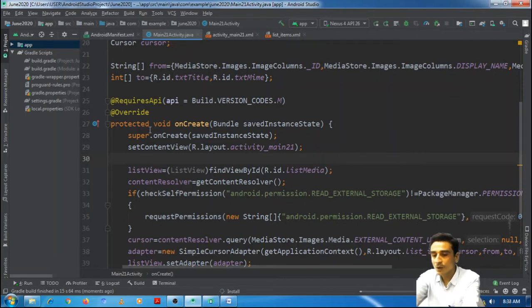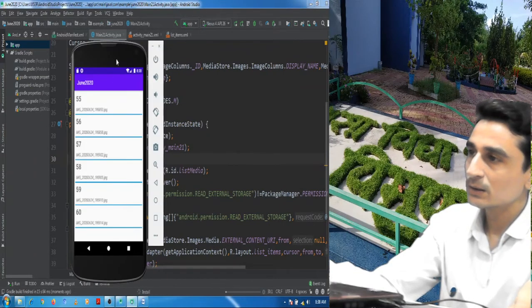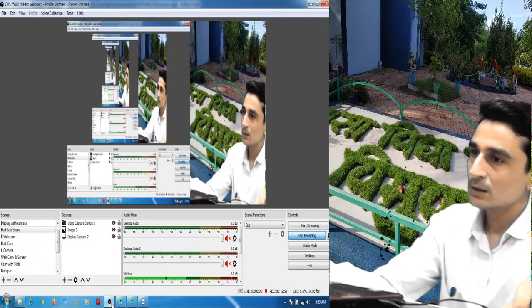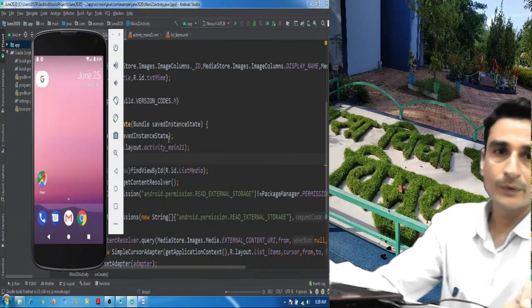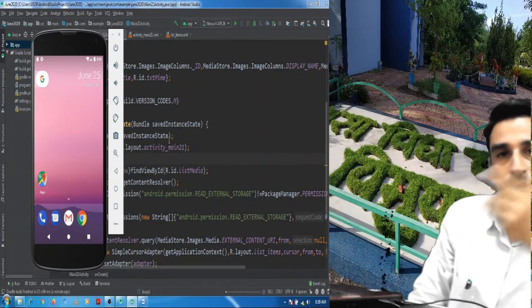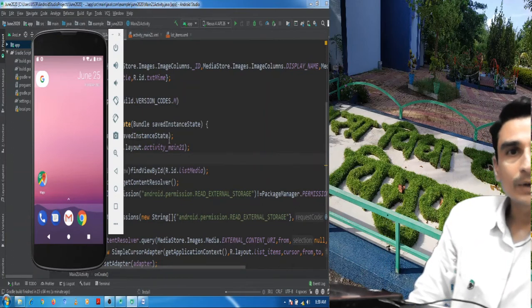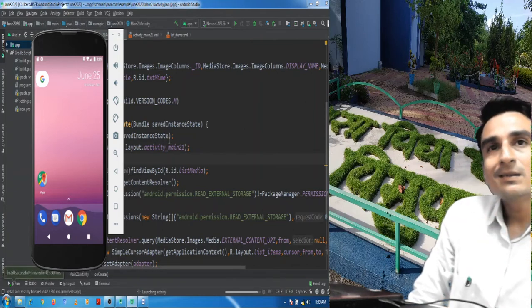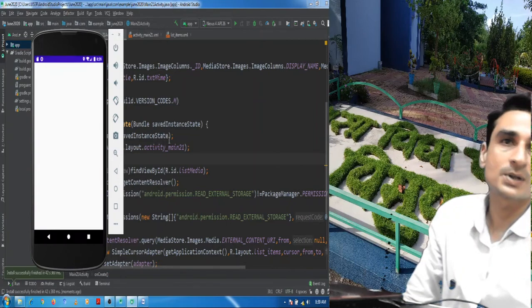The application is on the way of installation. It will be installed within a few seconds, and we will check whether the list of images is available or not. Once this image list is shown, we will be performing the next thing, that is the options menu.